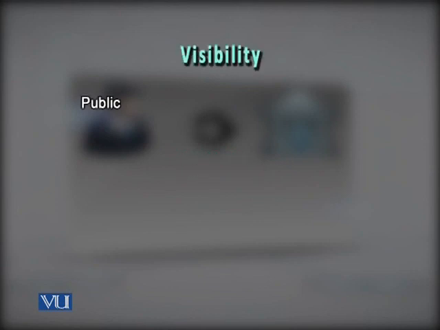Then another feature that is associated in object-oriented systems with the members of a class, or you can say an object, is visibility. Visibility means where a particular member, either an attribute or a method, is available, where you can access it. And generally three categories are associated with visibility: public, private, and protected.